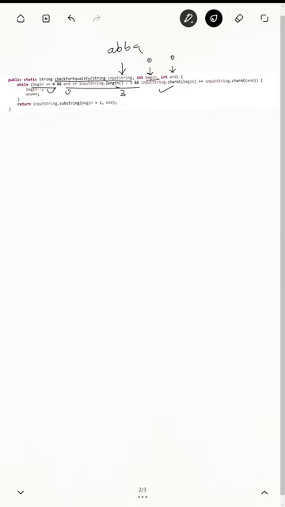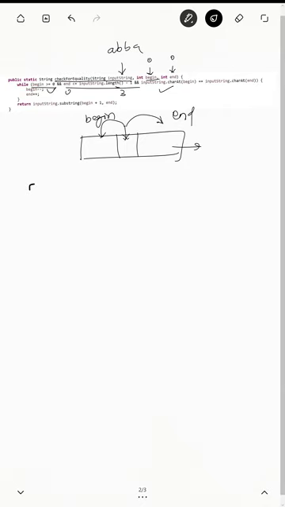So what we are going to do, we are going to decrement the begin. In short, let's suppose this is my center, this is my begin pointer, and I am going to go forward with my end pointer, until I reach the end, or I reach the beginning, or the characters are not matching.